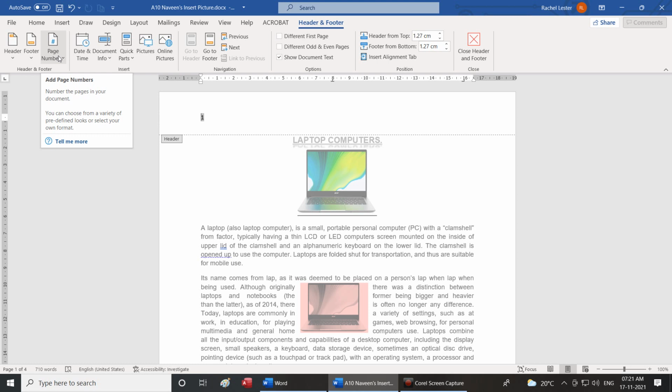Full stop. Start a new sentence. Allows you to number the pages in your document.